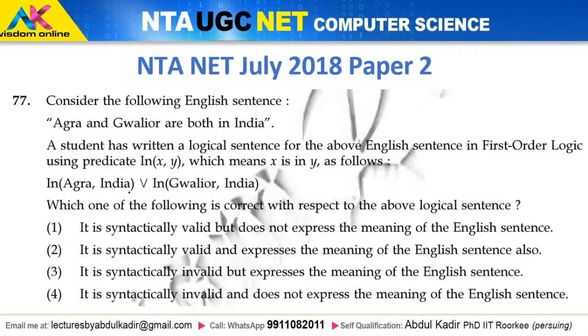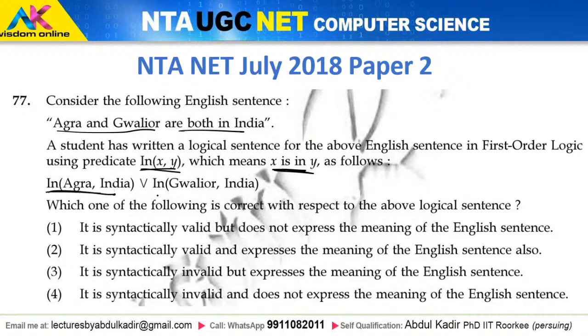ओके तो इतना देख लिया। अभी ये क्या है, कंसिडर द फॉलोइंग इंग्लिश स्टेटमेंट, आगरा एंड ग्वालियर आर बोथ इन इंडिया। नेक्स्ट, a student has written a logical sentence for the above English sentence in first order logic using predicate UC। ये देखिए, ये क्वेश्चन अच्छा है क्योंकि उसने बेसिकली प्रेडिकेट को भी डिफाइन किया है। क्या कह रहा है, इन एक्स वाई विच मीन्स एक्स इज इन वाई। तो देखिए इस क्वेश्चन में और पहले वाले क्वेश्चन के अंदर थोड़ा सा फर्क है ना, इसके अंदर उसने प्रेडिकेट को भी डिफाइन किया। ये अच्छा क्वेश्चन है। तो इसमें क्या कह रहा है कि इन एक्स वाई, इस प्रेडिकेट का मतलब है एक्स इज इन वाई। फाइनली ये क्या कह रहा है कि